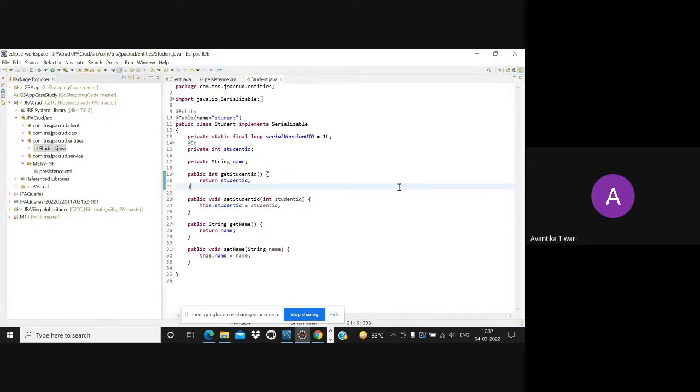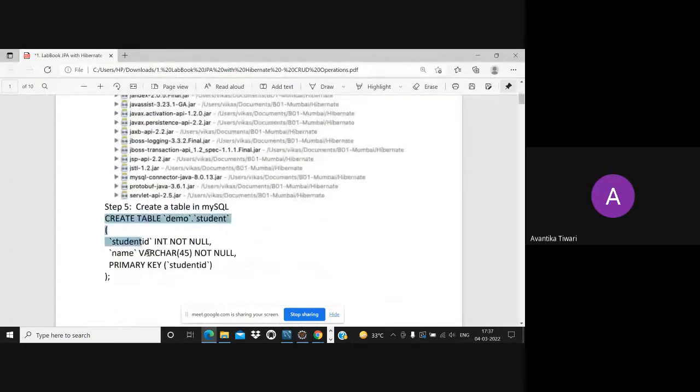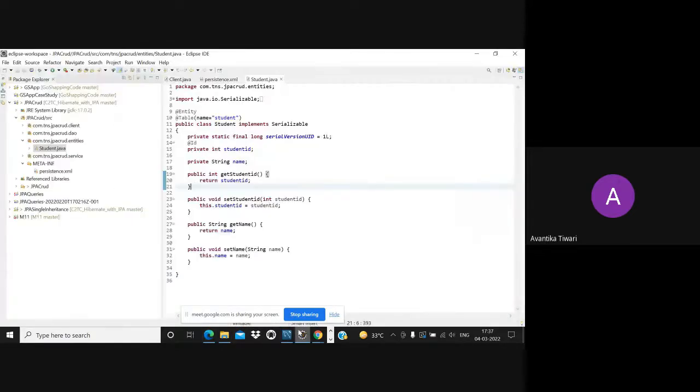Now, what is the primary key in my database table? Student ID. When we were creating the table, what did I keep as the primary key? Student ID. Now, how do we tell which column is the primary key column? For that also we have a separate annotation to inform the Java program that there is one table you are connecting to, and in this table there are these columns, and one of the columns is the primary key.